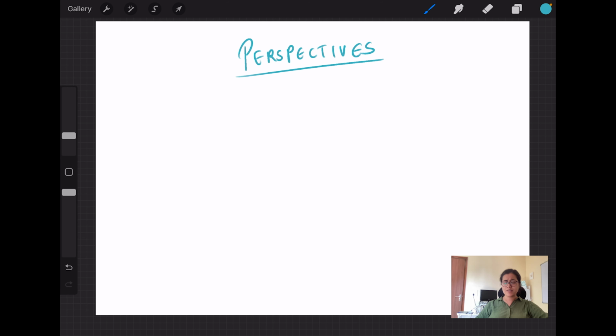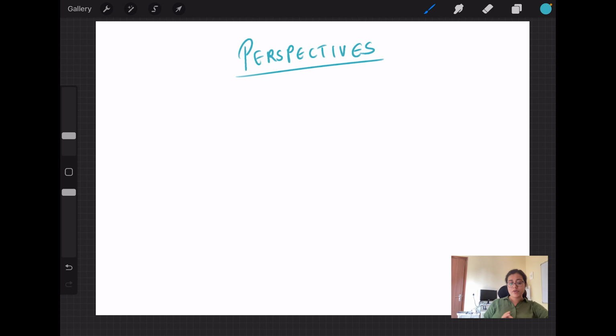So what are perspectives, and why is it very important to learn them? Whenever you're making any 3D drawing, you must have faced this problem that the lines feel somehow inaccurate and you're not able to make it properly. To understand 3D things better, you need to learn about perspectives. So let's get started.